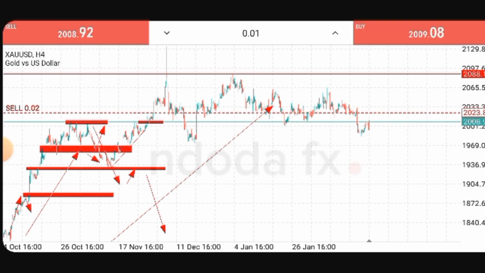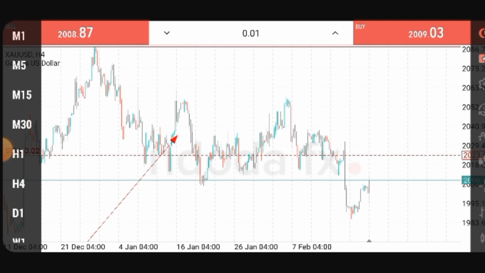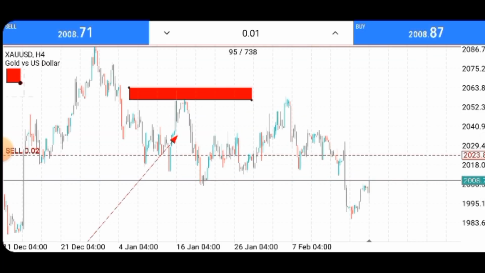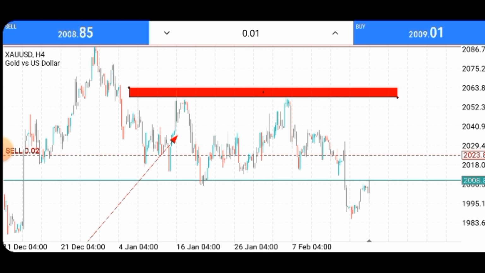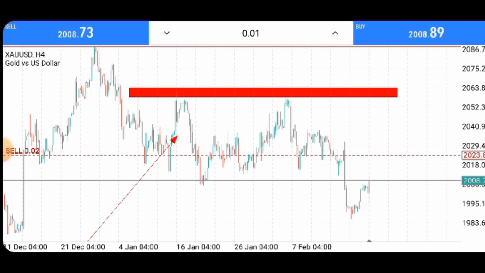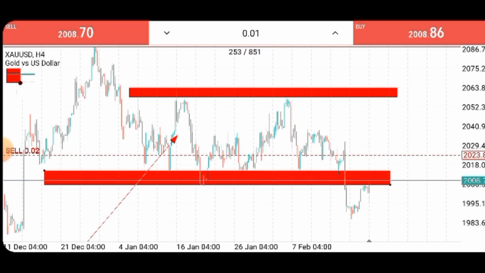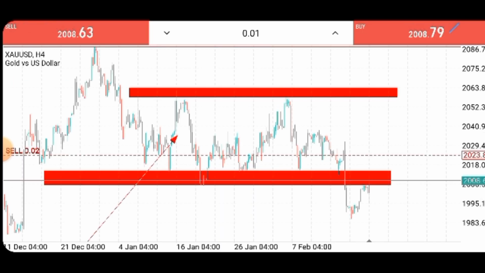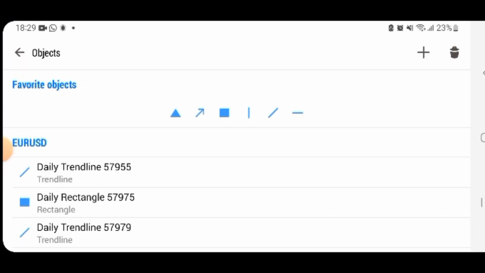So now, all we want to do is basically map out our graph. What does mapping out help us with? Mapping out our graph helps us understand what market structure we're playing in, which market structure we listen to, and how we trade. Are we trading within a channel? Are we trading within a support and resistance? Or are we trading